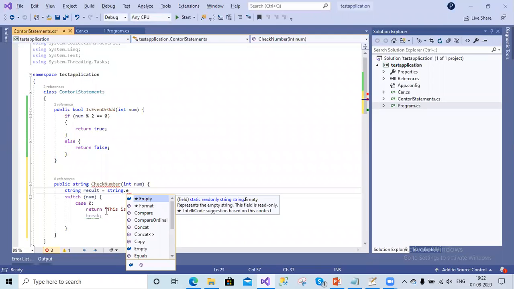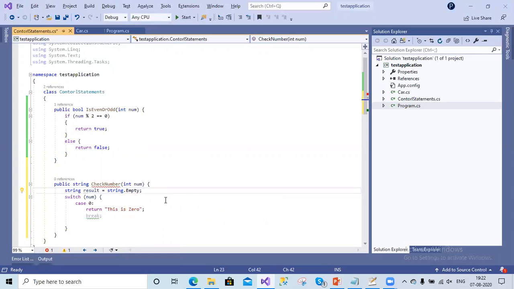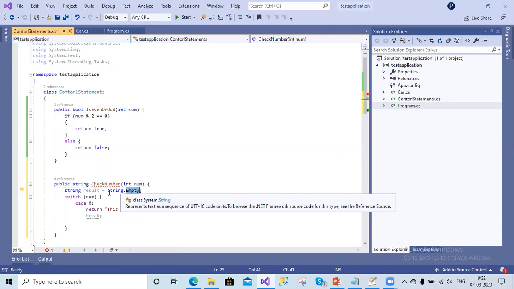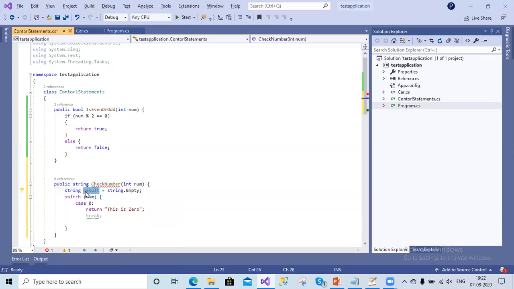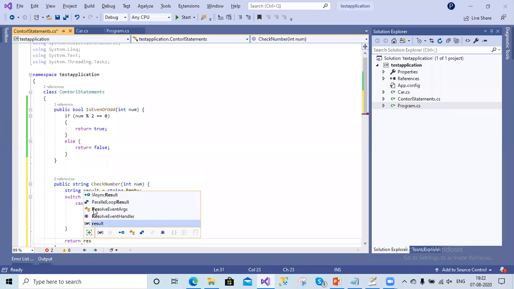This is a standard method to initialize a string variable with an empty value, instead of providing double quotes as empty. So let us store the value inside this one: result equals, this is 0, and outside the switch condition, let us return this value, result.